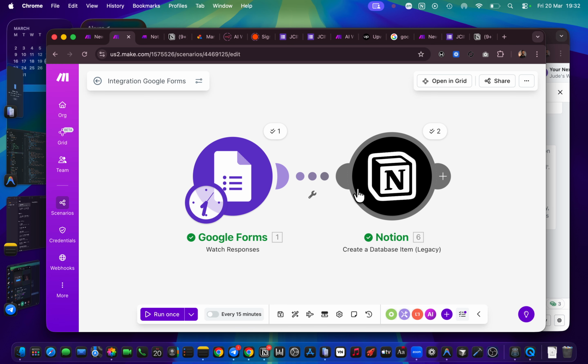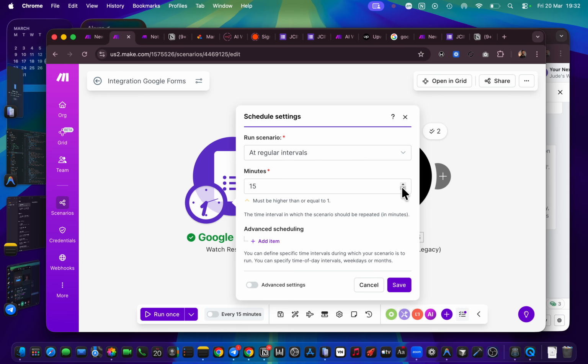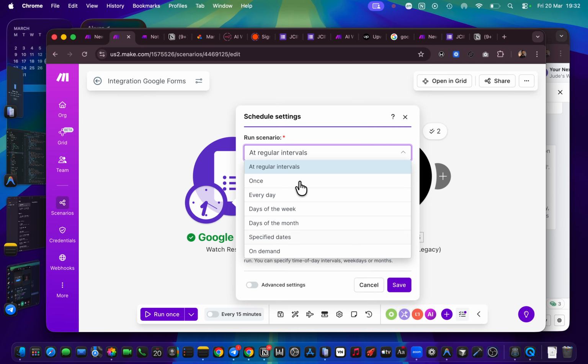So anyway, now back to this. You can see that we have everything working. Now we can schedule based on every 15 minutes, right? We can reduce this, but for basic accounts like your own currently you cannot reduce this, so let's leave it at this. You can see that there are several options for you to run a scenario.